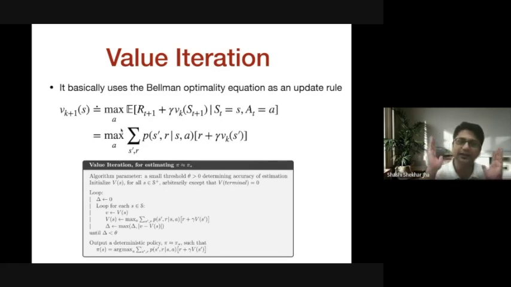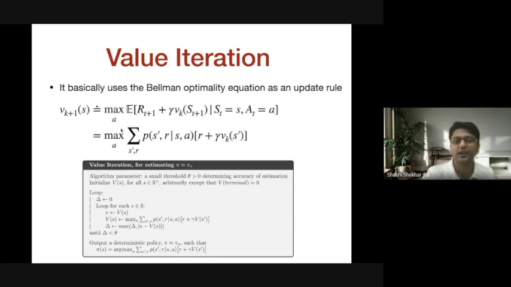Once you find the final value vector, which is the converged one, you then use this greedy policy improvement step to extract a greedy policy out of all the value functions you learned, and this will be an optimal policy. This is also guaranteed using a theorem. We are not going to discuss that. But these are the two basic methods to learn a policy in the model-based formalism.